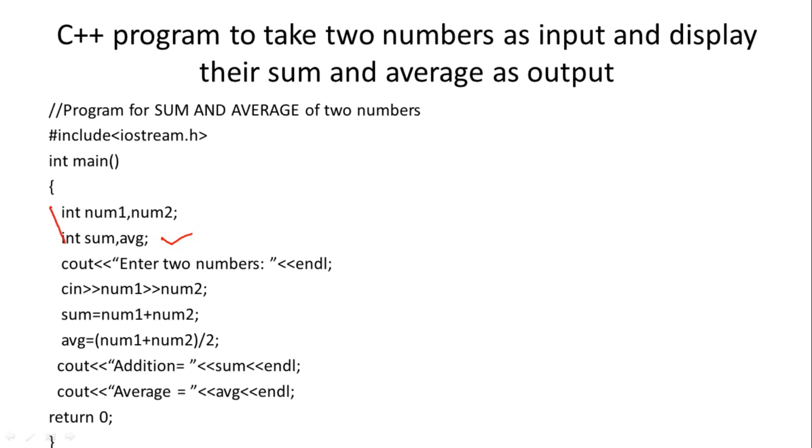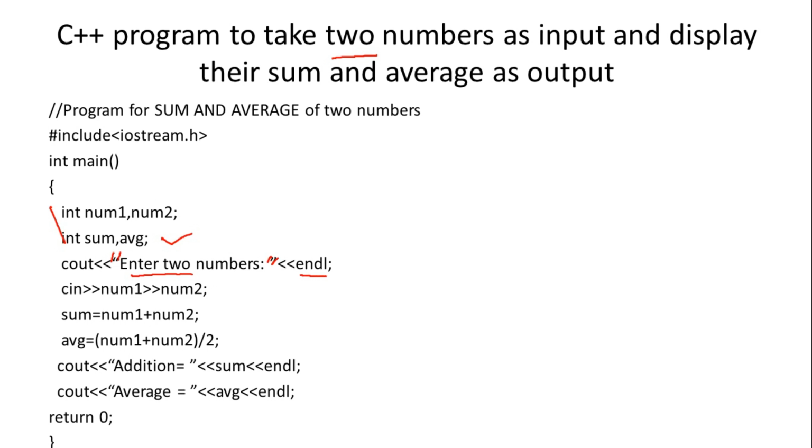Now the aim is to take the two numbers from the user. So here we will first give a command to the user, meaning by seeing that command the user will enter two numbers from the keyboard. The command given will be "enter two numbers". As it is written in double quotation marks, this statement is printed as it is. After this colon, endl is there. endl means the control will go to a new line.